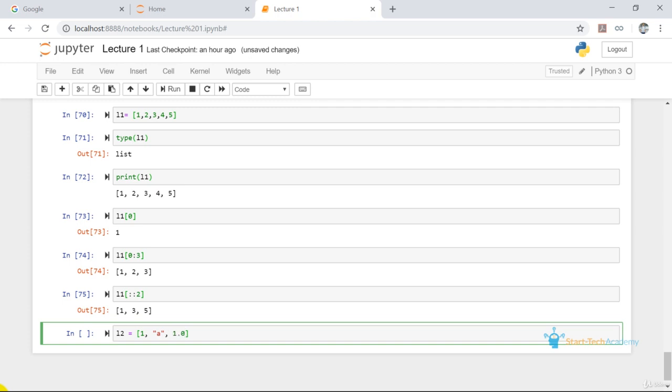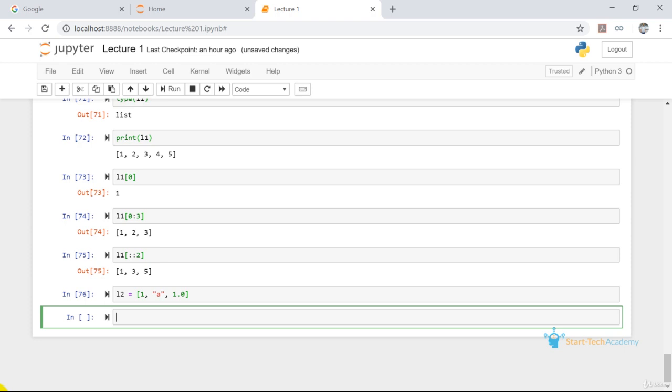And if I run this, my L2 is created, and the data type of my first element is int, second element is a string, and the third element is float. But we can assign all this in a single list as well.